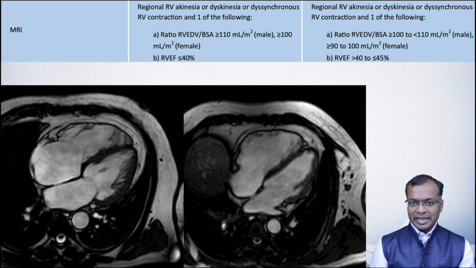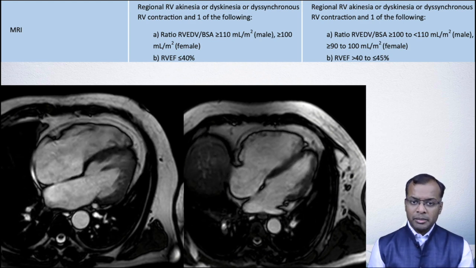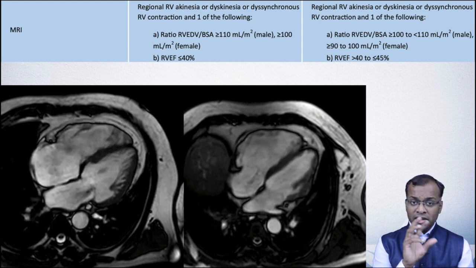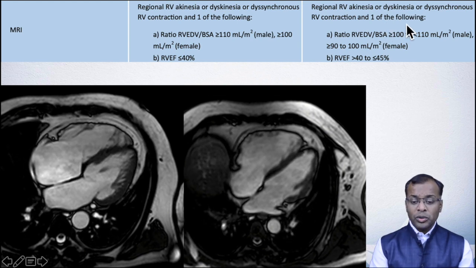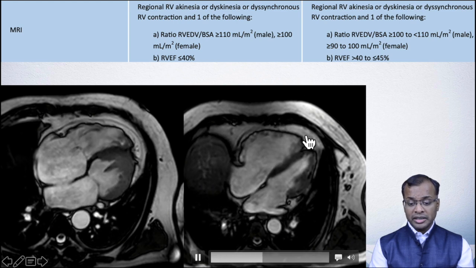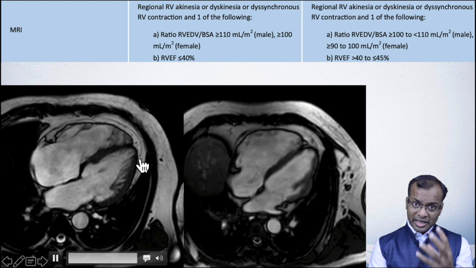Let's look at some of the cases, and let's try and see how one would analyze a cardiac MR study. So this is a cardiac MR study where you can see the four-chamber view and you can look at the contraction of the heart. What is important is to look at the right ventricular free wall, which you can see across here, and see how it contracts. The left ventricle seems to be contracting really well.